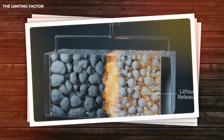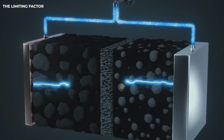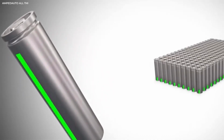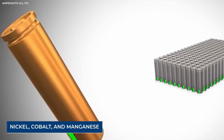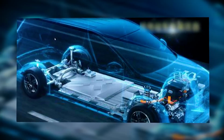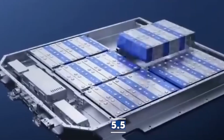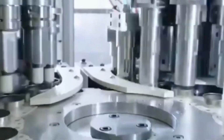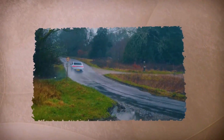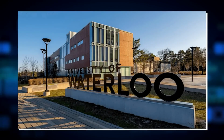Either they stick with their current technology and risk being outpaced, or they invest heavily in new battery production at the risk of losing money in the short term. There's also the question of government policies and incentives. Many countries are pushing for a faster transition to electric vehicles. Lowering costs and improving battery efficiency will make EVs more accessible to the average person,